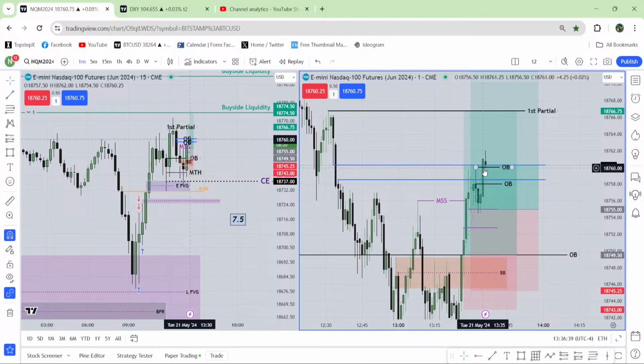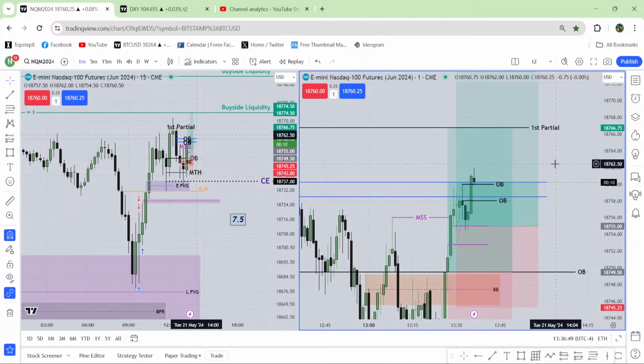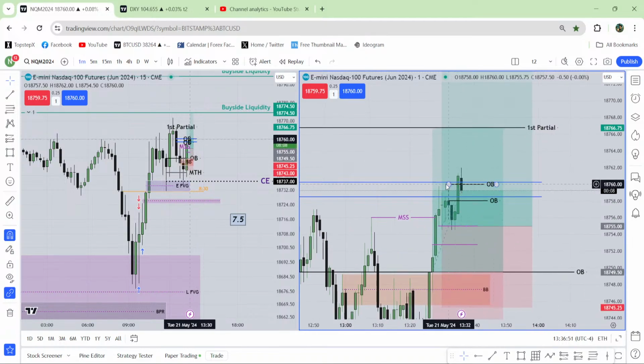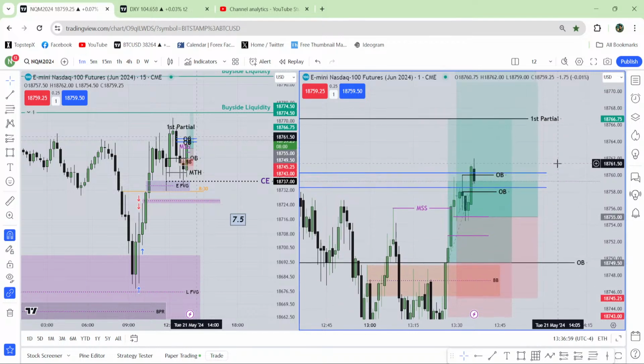Before trading over there, yeah, it can trade the order block. There is nothing wrong with that. This is the consecutive order block. The high and the open of this consecutive order block is important. So if I were trading, that is the area where I should add more. That means pyramid entry, something like that. This is the area where I should do the pyramid entry.